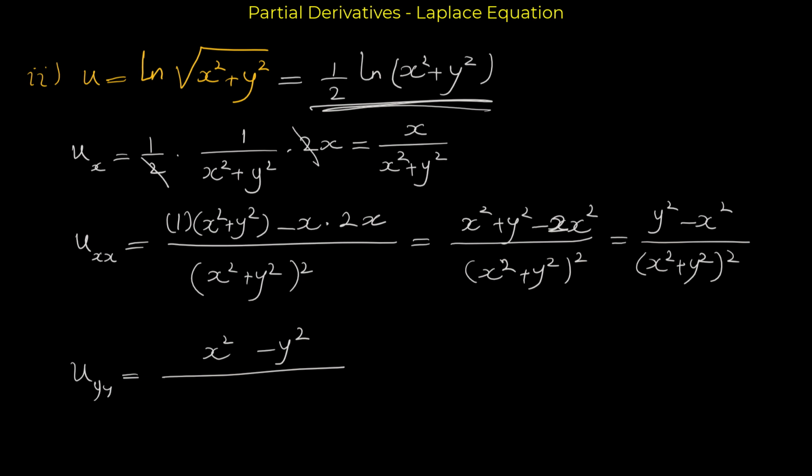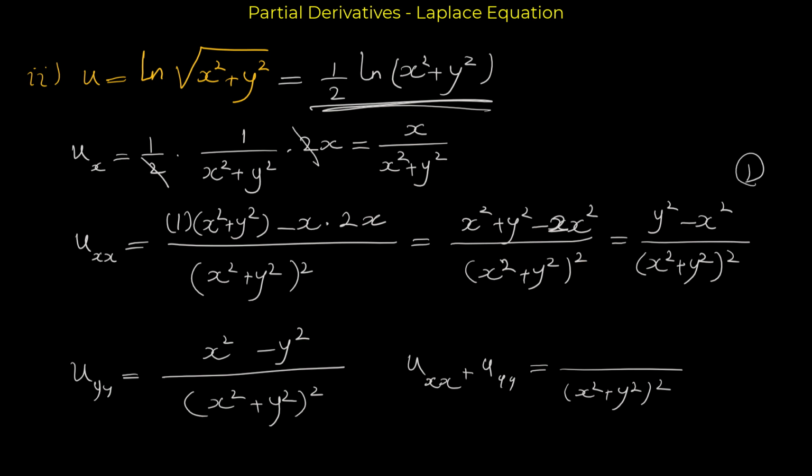You can see this easily, and the denominator would be the same. Now that we have uxx and uyy, let's see what is the sum of uxx plus uyy. If we add these to each other, the denominator of these two fractions that here we have, let me name this 1 and let me name this equation number 2. If we add equation number 1 to equation number 2, the denominators are the same, so we can add the